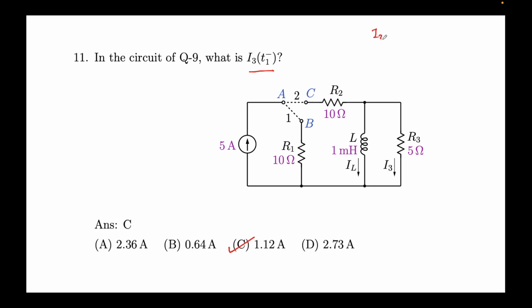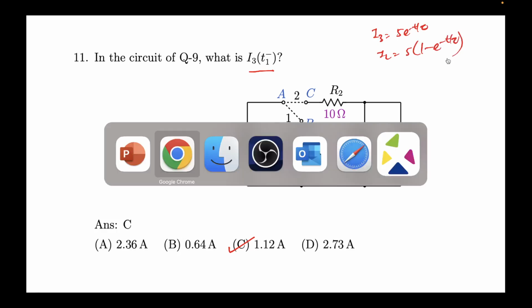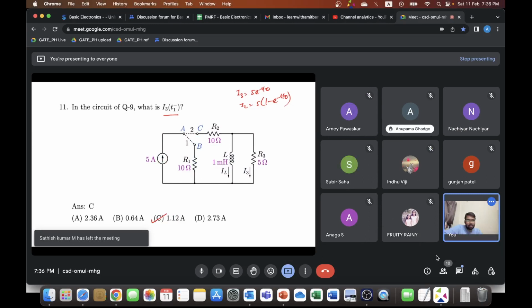You see I3 was coming out to be 5 e to the power minus t by tau, and IL was 5 times 1 minus e to the power minus t by tau. So these were the